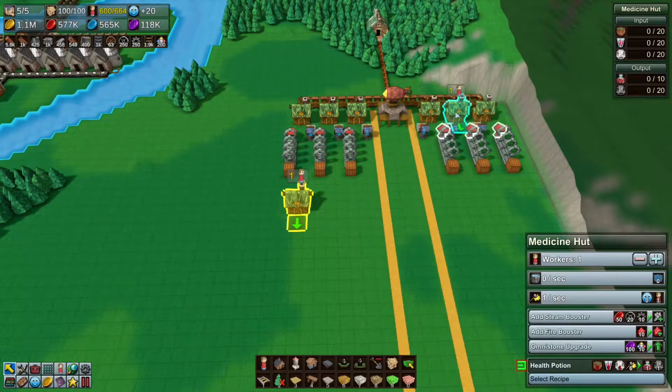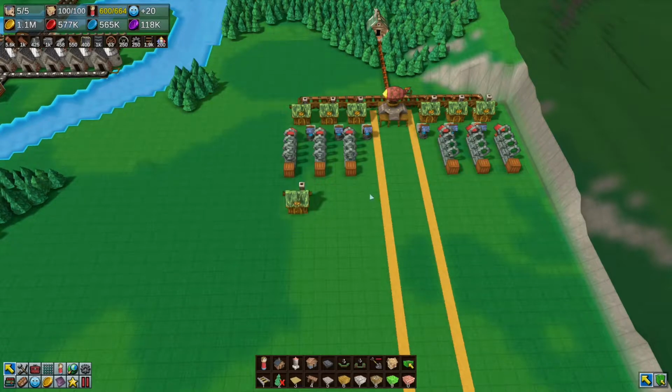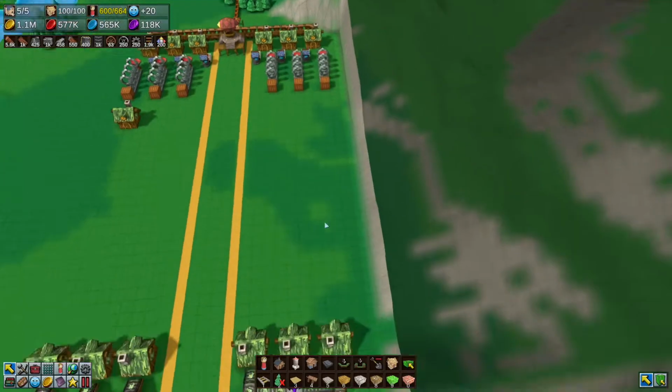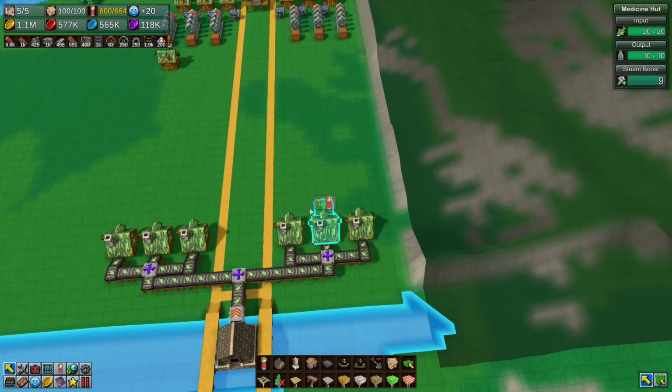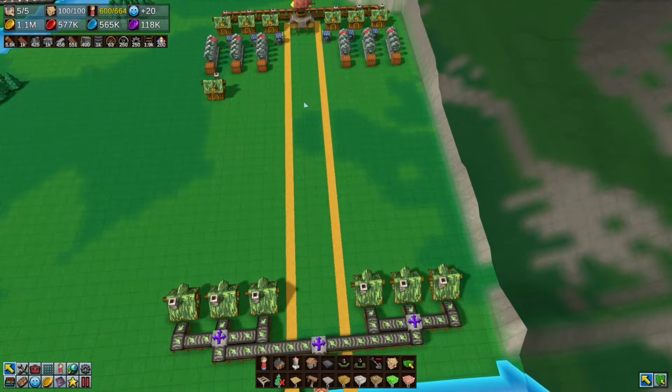So these 3 have to distribute to 5 instead. So I'm thinking of taking these 3 and doing it over this side for the health potions. And then doing these 3 and taking it over this side for the antidotes. And then all this fish oil will have to come over to one side and go there. Because otherwise I'm going to have... But I need 3 huts. I need 3 and 5. So...